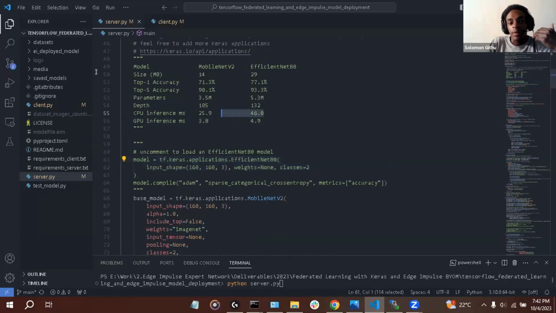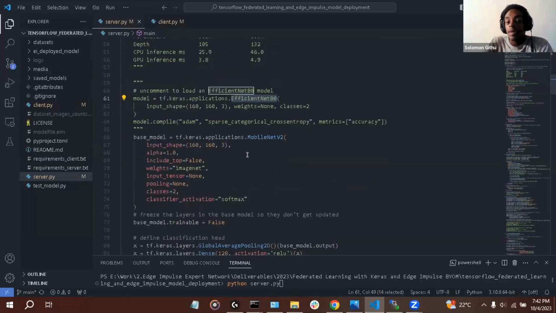You can see that MobileNet V2 has a smaller footprint, just 14 MBs in size. It also trains much faster, and the inference is also much faster. That's why I settled with MobileNet V2. In this use case, both MobileNet V2 and EfficientNet B0 achieve the same performance, but I decided to go with MobileNet V2 because it was much faster when it comes to training the model, and the deployment part is also much faster.